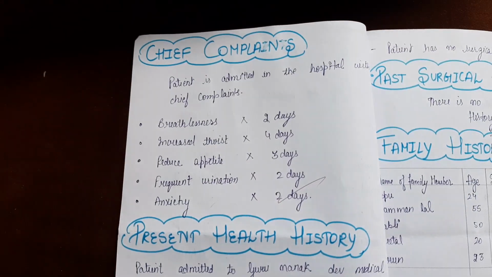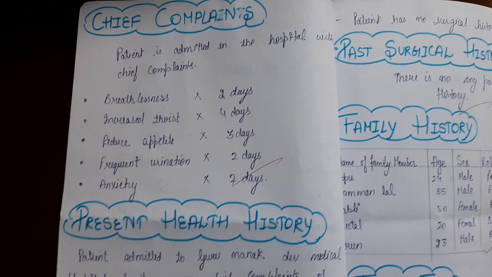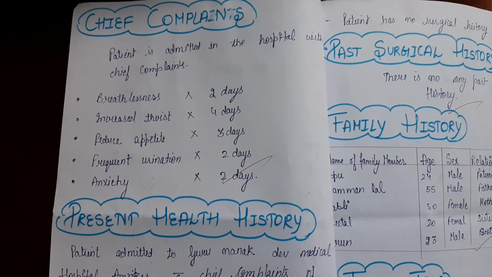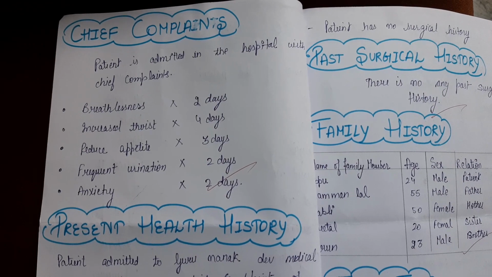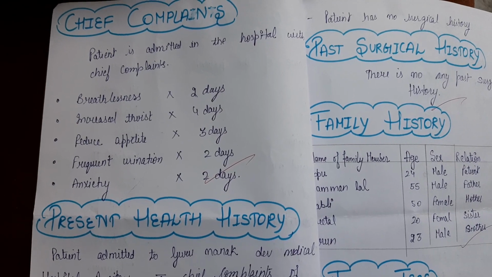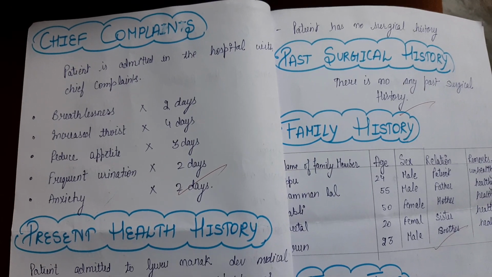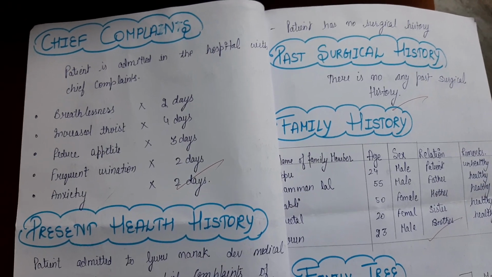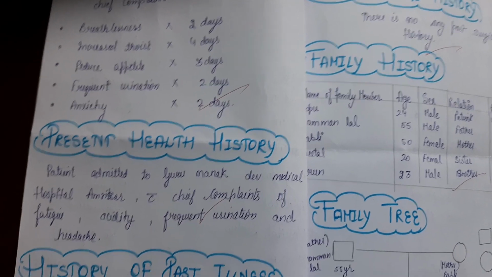So here the chief complaints of diabetes mellitus are mostly breathlessness, and increased thirst due to frequent urination. The urination becomes frequent because the accumulated glucose gets rid out through the urine. So that's why there is frequent urination, increased thirst in the patient, and anxiety due to the frequent urination and reduced appetite. Appetite is reduced due to more and more glucose present in our blood or in our body. That's why the appetite is reduced.